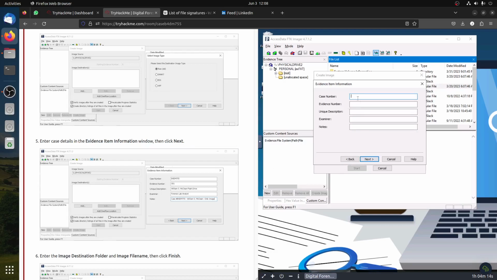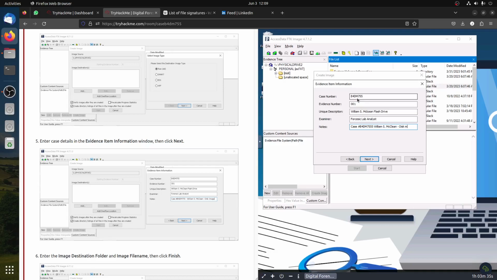Now the case number is B4DM755. Evidence number, let's say 01. This is the Williams clean flash drive. Forensic lab analyst. Case number B4DM755. You can put anything. The YMSC clean